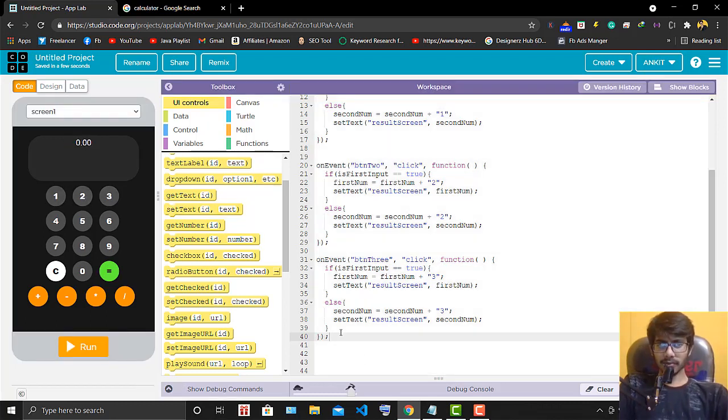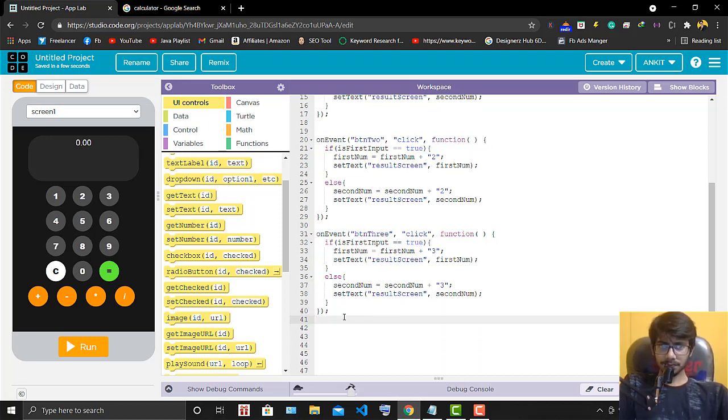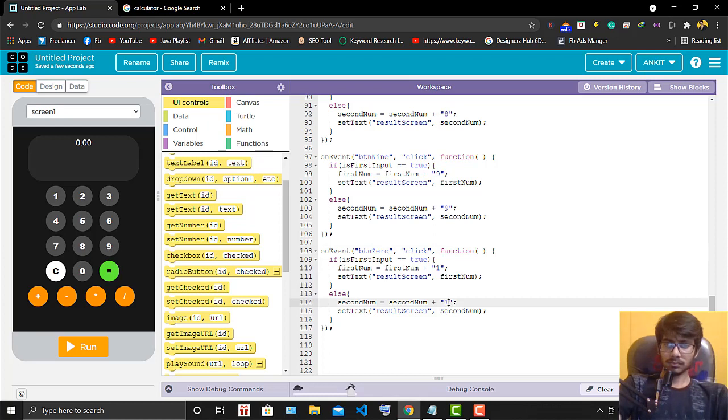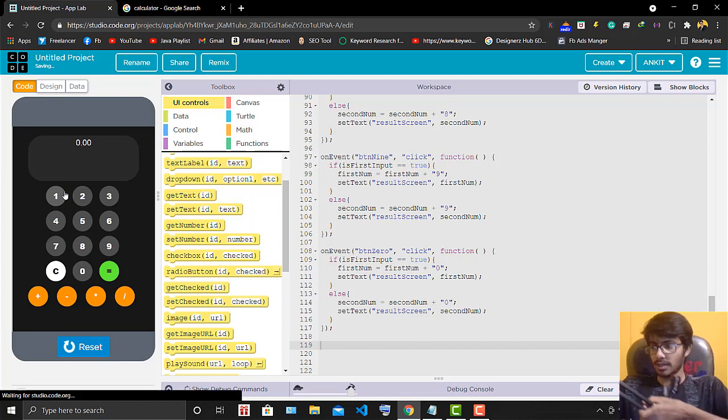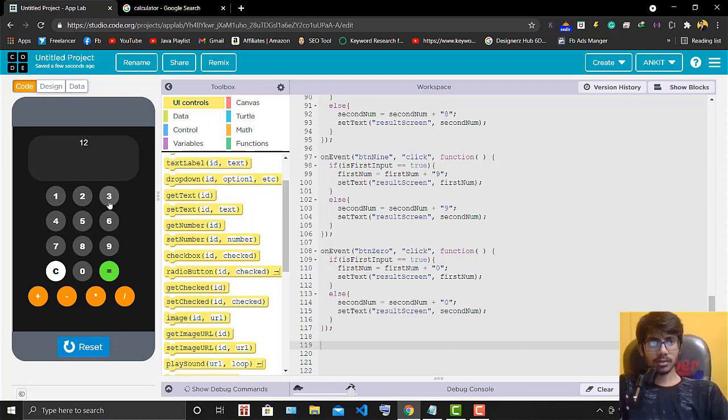For every button we will make it till 9, so let me do it for you. Now I have done these buttons. When we run it, 1 is working, 2 is working, 3, 4, 5, 6, 7, 8, 9, 0 are also working.